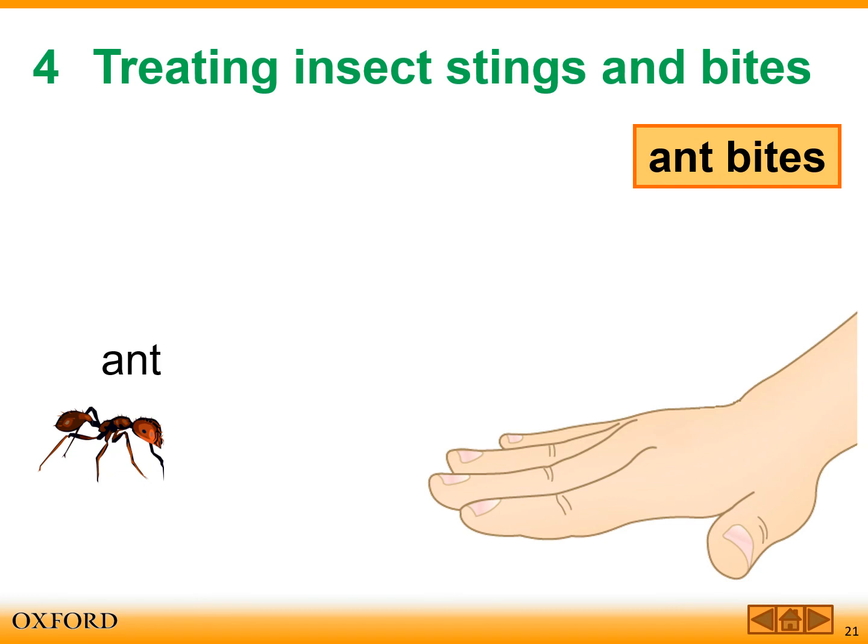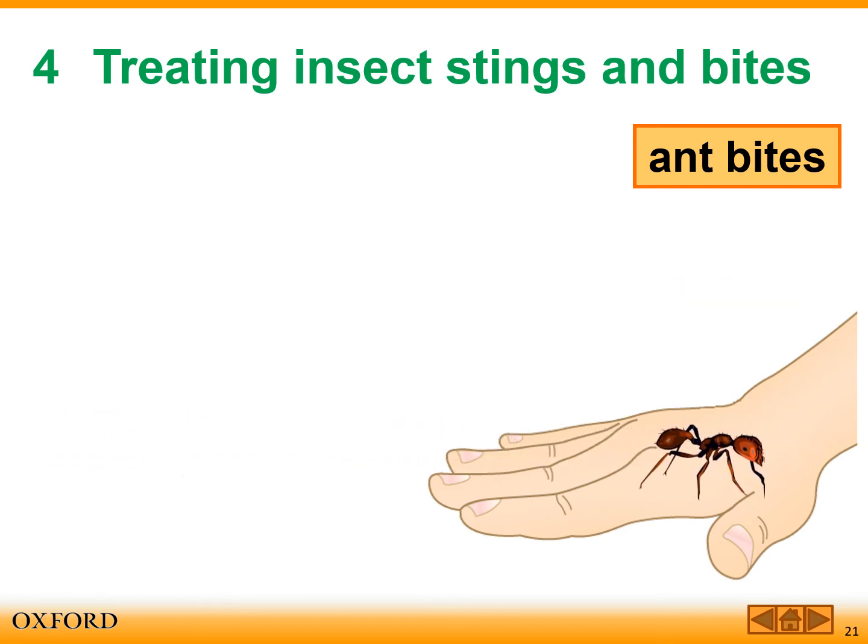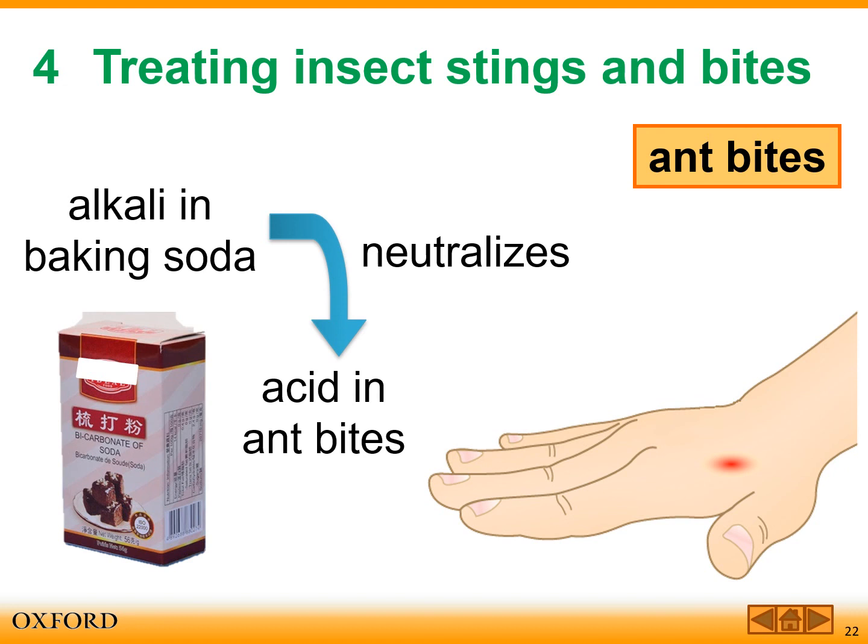For ant bites, they are acidic. We can use baking soda to neutralize the acid in ant bites. How about mosquito? Actually, mosquito bites are also acidic. We can apply some alkaline substance such as soap, okay? We can apply some soap to the affected area so that it can help to ease the itch. 痕癢